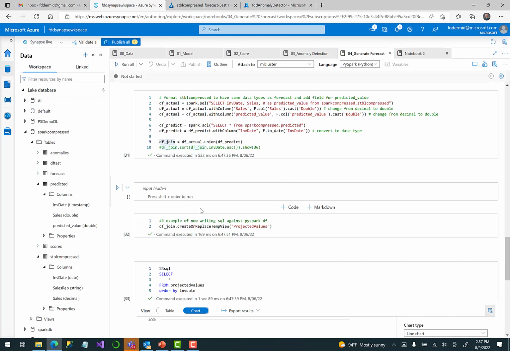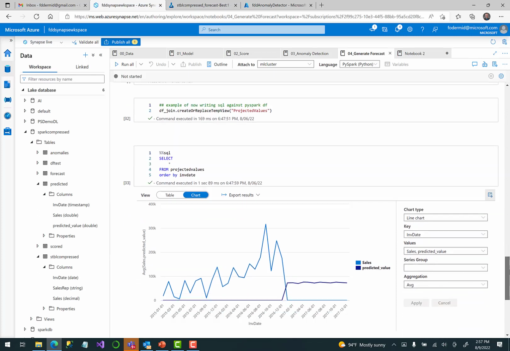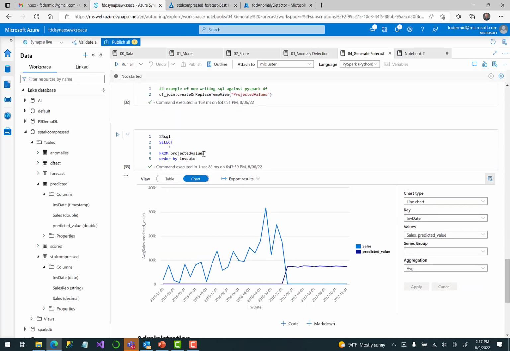Okay. What I'm going to do here is just create a temp view, an example of using SQL. I'll write SQL against that data frame, and then this ultimately is what you get on the output here, with the 24 months of actuals and the projection being represented here. Again, not that great of a projection, but I want to emphasize that